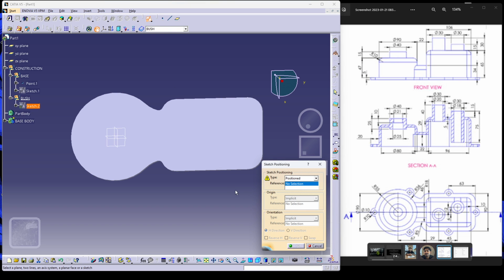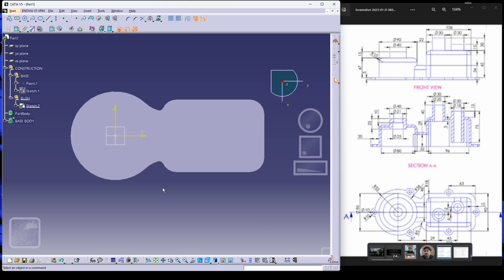Go with the sketch, select the plane, select the projection point from the point 1, swap and reverse vertical such that the orientation will be similar. Now what we have to do, we have to design a circle over here. So what we can do, we can curve this face over here and make it a construction line such that we could get a reference from this. Now we are going to draw a circle over here,